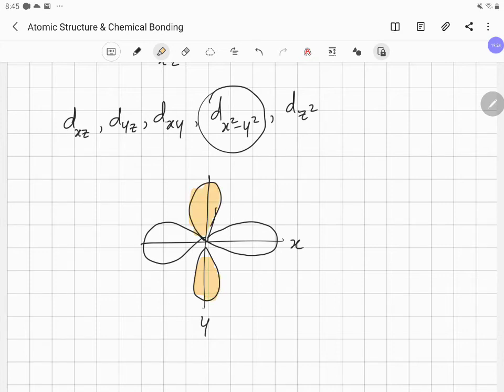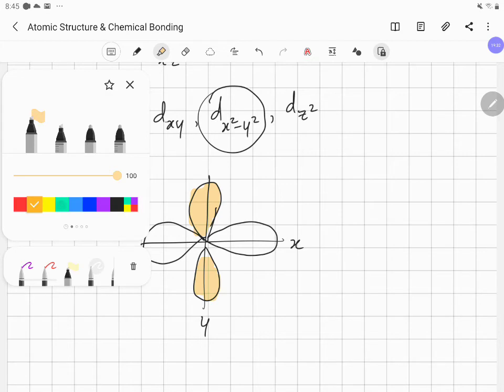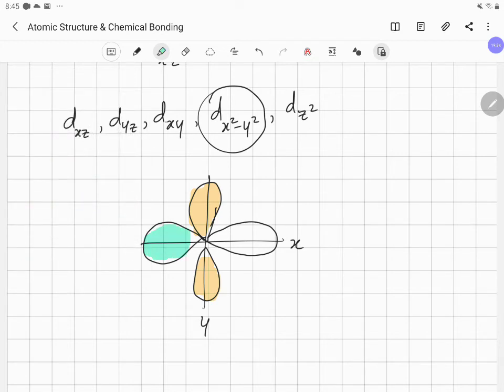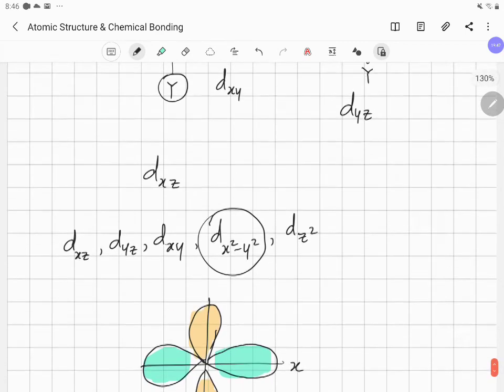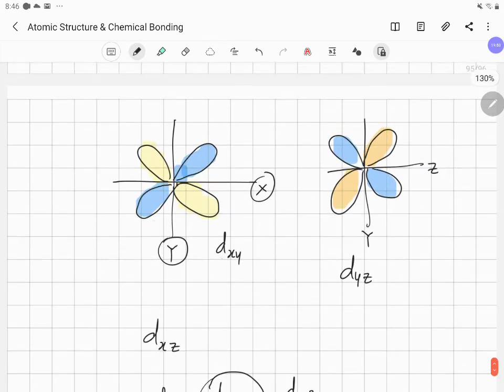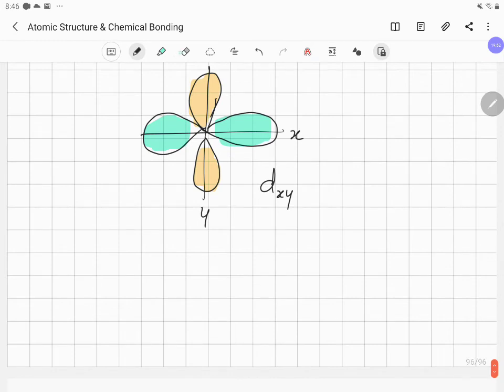Two lobes are directed along the y-axis, and the other two lobes are directed along the x-axis. Whereas this orbital is dxy orbital, right? And here, this is dx square minus y square orbital, in which the lobes are along the x and y axis,